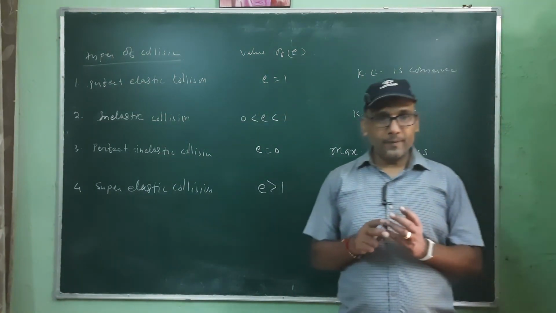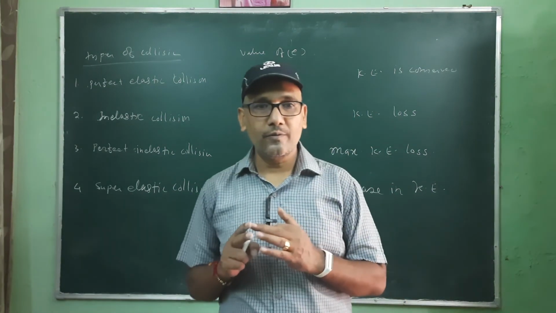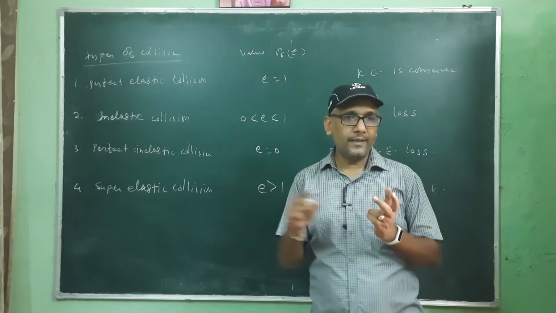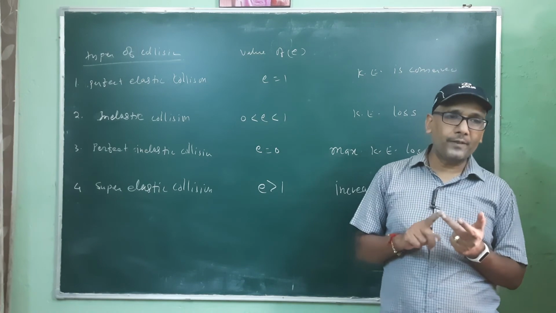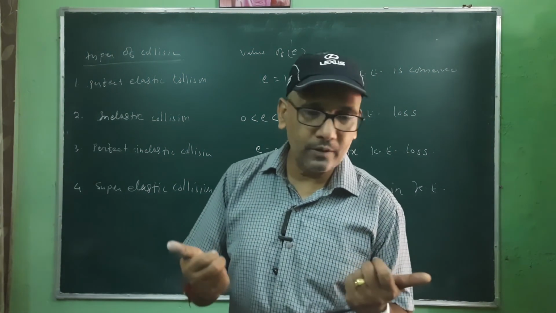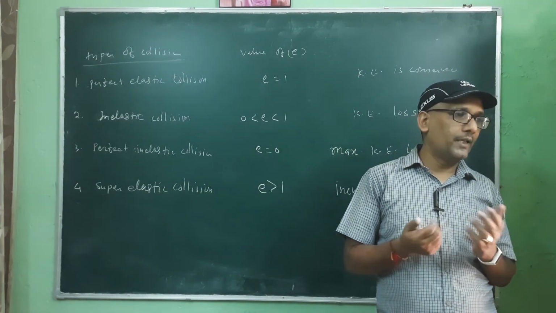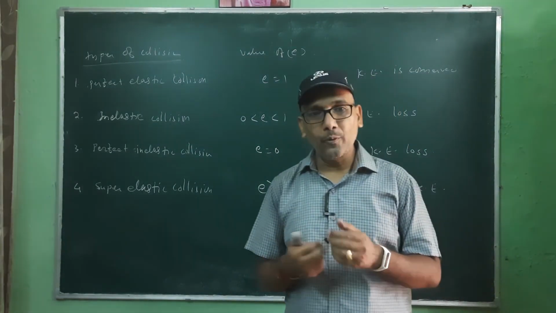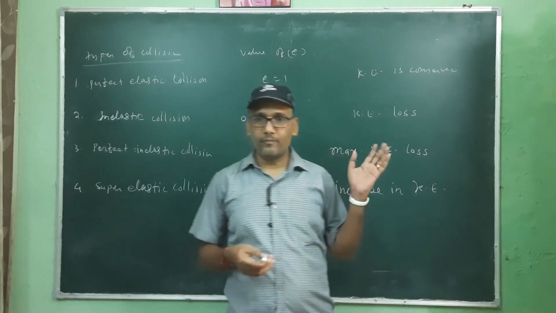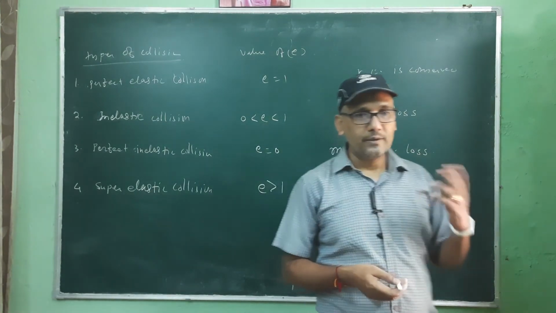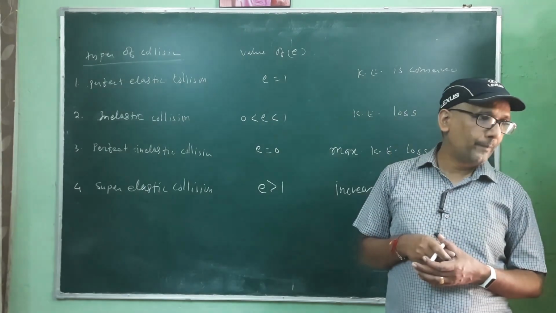Okay, so especially from the calculation point of view, we will consider two or three types of collisions. One is the one-dimensional case, elastic and inelastic, both perfectly elastic and perfectly inelastic type collision. Second, we have taken the two-dimensional type of collision, where we are also considering perfectly elastic type collision. And there we take components along the x-axis and y-axis of velocity after collision, and we can calculate using conservation of momentum, that velocity, and also the kinetic energy of individual bodies.